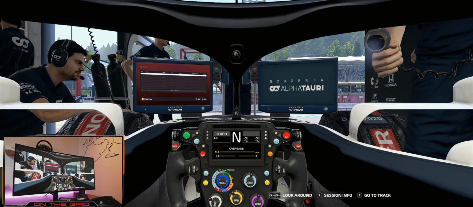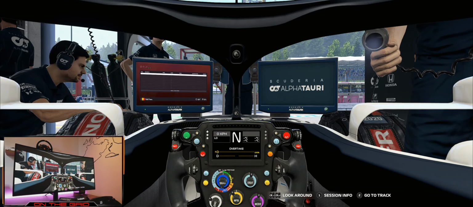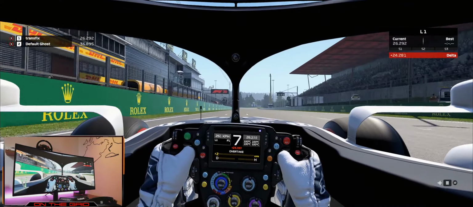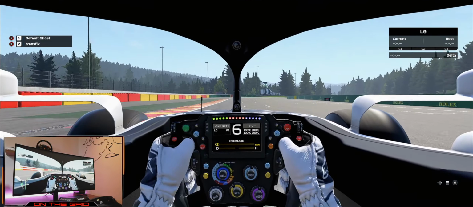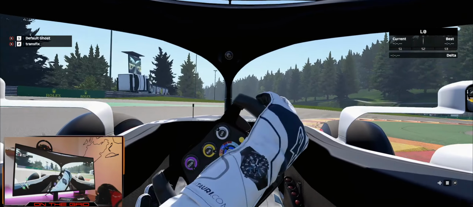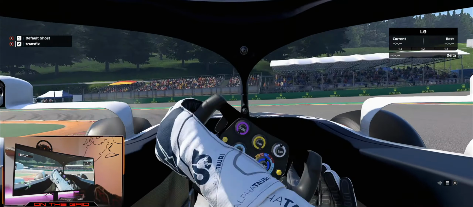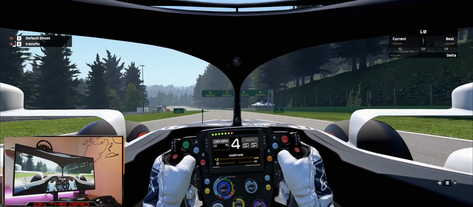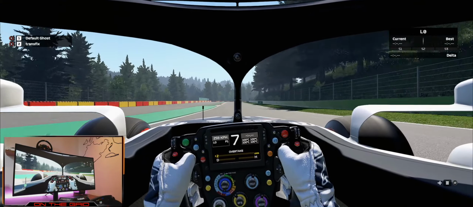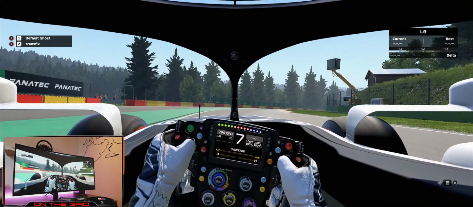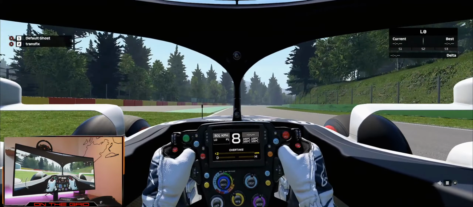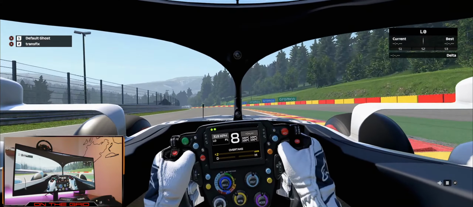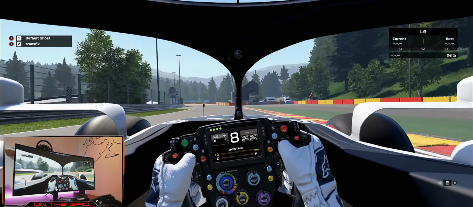All I'm thinking about is Eau Rouge, what that's going to be like going down rather than up. All right, here we go. I like the sound of this car. This is almost going to be a full 90-degree lock. Oh, yeah. Try drifting through that corner. Nice little view of the mountain. Shouldn't be looking there in the first place, but cool nonetheless.